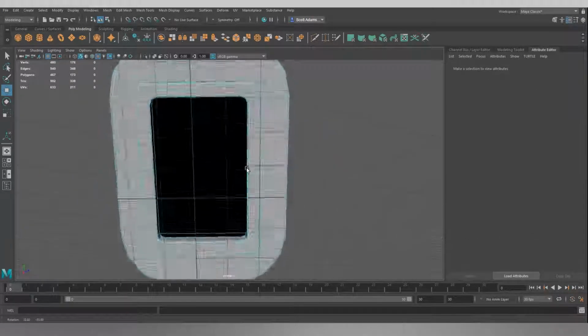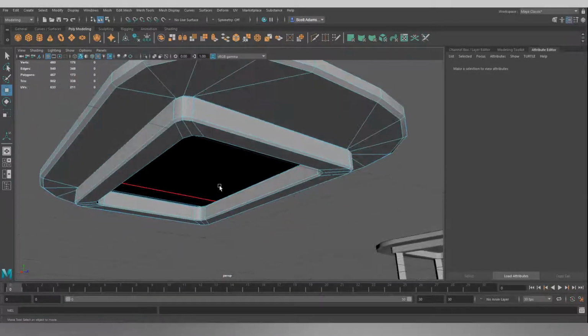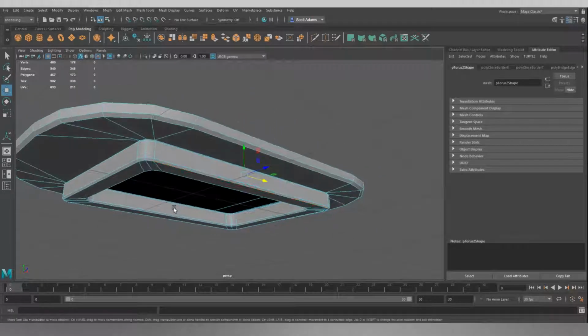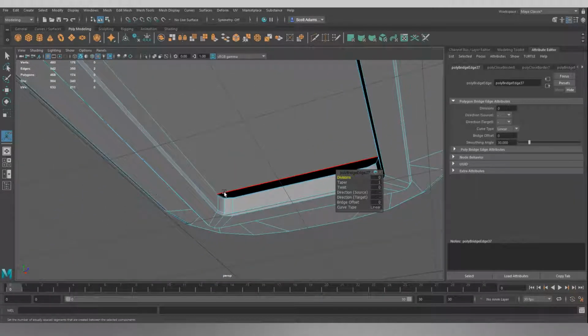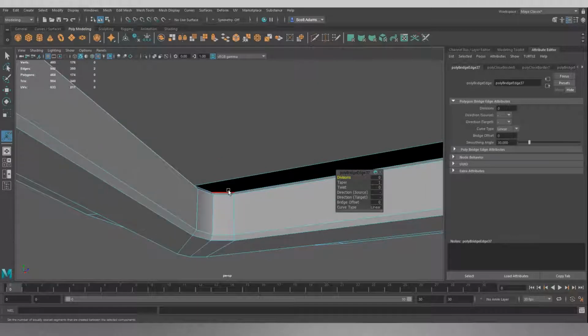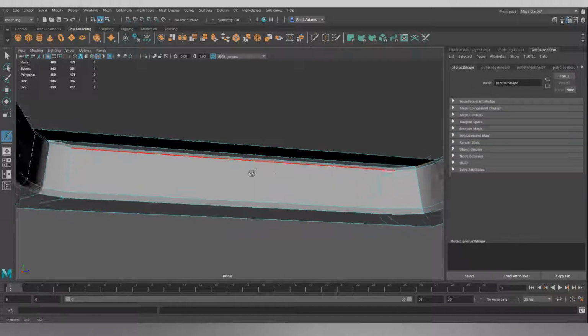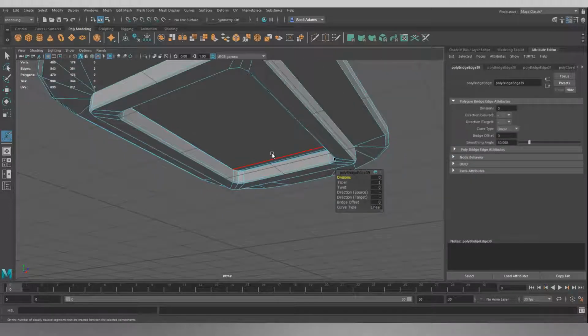Now, we've still got this big hole in the middle here where the torus isn't joined. So we're just going to do the same again, where we're going to bridge the inside edges on the torus together, and then it's a bit more fiddly, but we're just going to get all of these joined up like so, so that we don't have that big gap underneath. Now again,